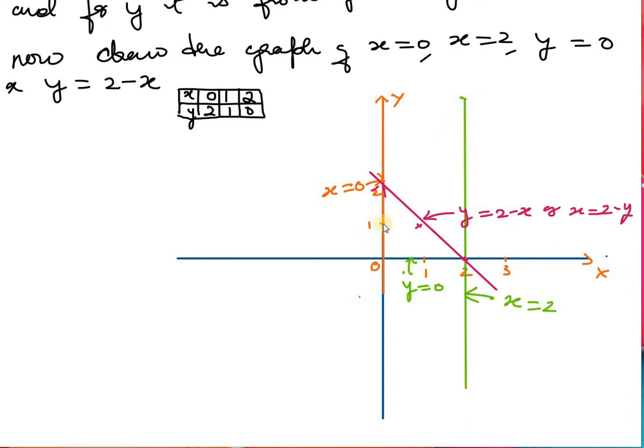So this will be the region bounded by x is equal to 0, then x is equal to 2, y is equal to 0, and y is equal to 2 minus x. So from this shaded region, we need to get the new limits of integration in order to obtain the given double integral by changing the order of integration. So from the graph, the shaded region